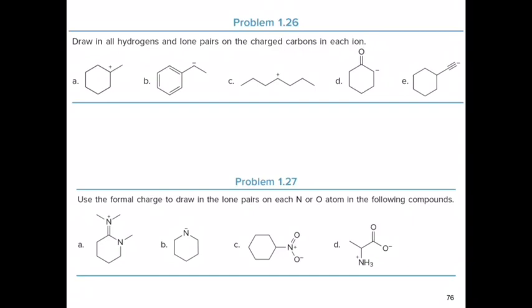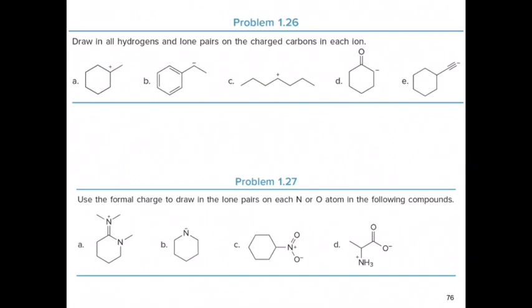Use the formal charge to draw in the lone pairs on each nitrogen or oxygen atom in the following compounds. All right, so let's look at this first one over here. So we're only looking at the heteroatoms, nitrogens and oxygen. And so looking at this nitrogen here,